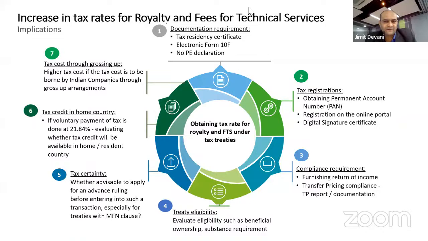If Form 10F TRC is not provided, would it affect the issuance of Form 3CB anywhere? Yes, of course. If 10F TRC is not provided, then a chartered accountant cannot issue a certificate, especially in two situations. If they have a PAN and online 10F TRC is not provided, then a chartered accountant cannot issue a certificate on the basis that treaty benefit is available.